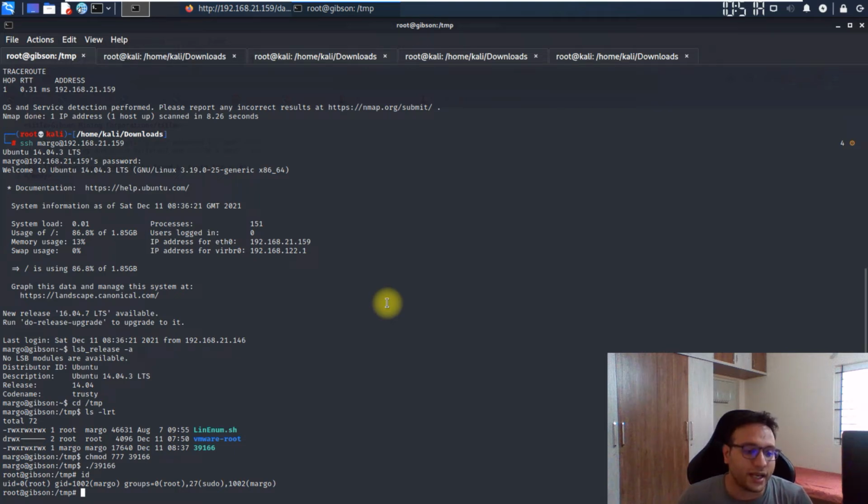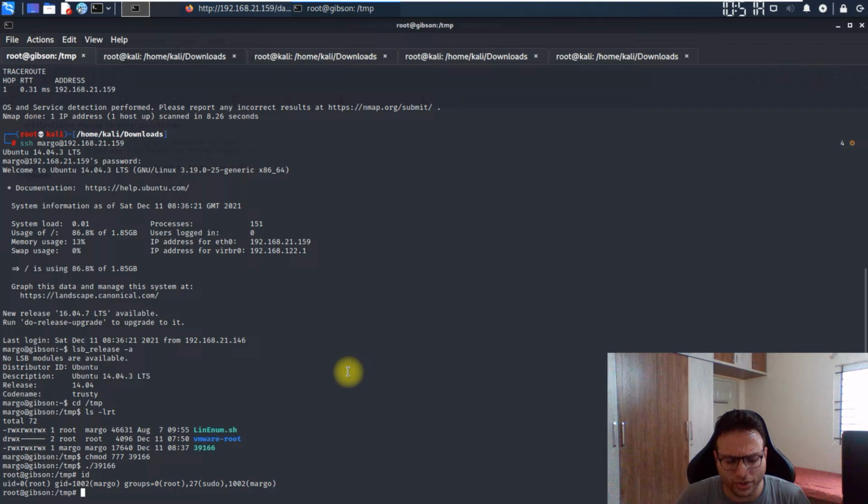To enumerate, we simply have to download one more file. It already looks like it's present on my system, as from the base system I'm already running the simple HTTP server. You simply have to download the linenum.sh file just to do the privilege enumeration.